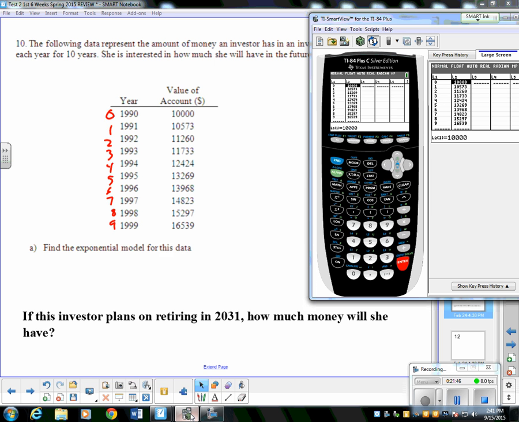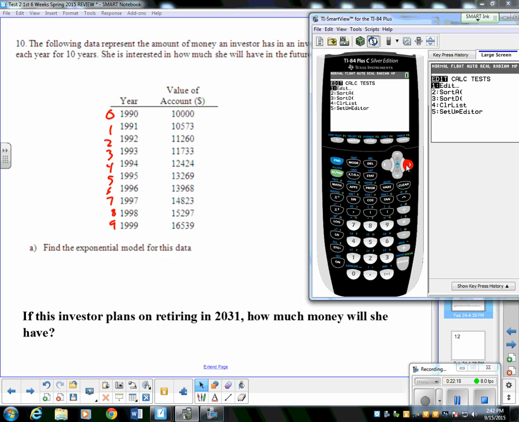So even though it doesn't tell you to do that, definitely start your years with 0, or you can make it something simple like this represents the number of years after a 0 year. For instance, if this data set started in, say, 1995, you could say each year is the number of years after 1990. In this case, it starts at 90, so we're going to use these numbers there. And then, of course, in your other list, type in the values, make sure they correspond, make sure you got them in correctly. And then all you need to do